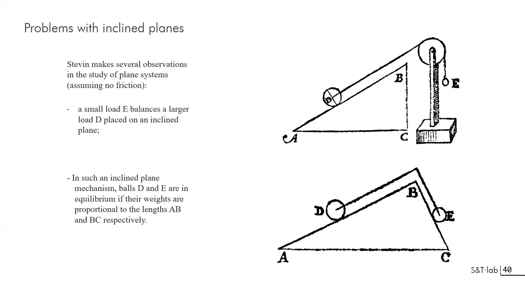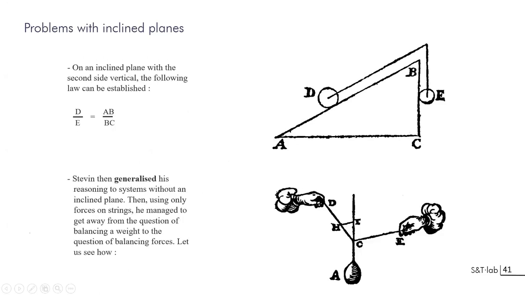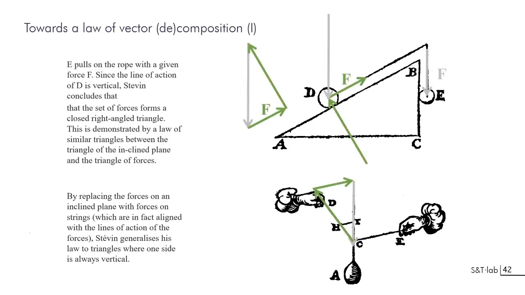Stevin will demonstrate this using a triangle and the slope of this triangle, showing that there will be a proportion between the loads that will be equilibrated and the length of the sides of the triangle. So this being proportional to this, and this being proportional to this. It can be done with this very particular right triangle, but it can also be done by varying this proportion. This will be the first